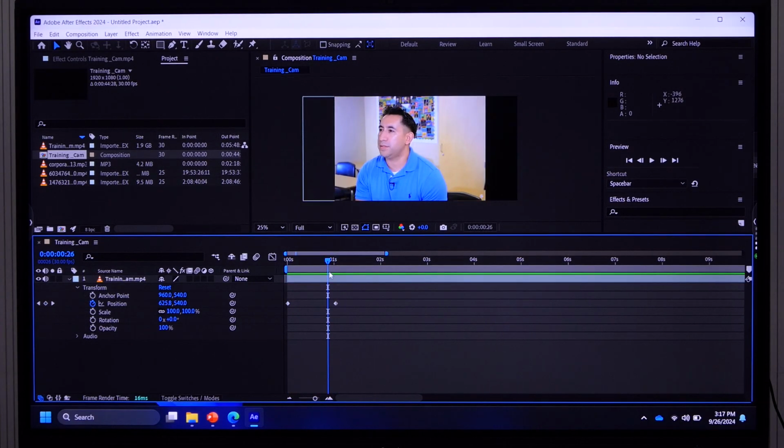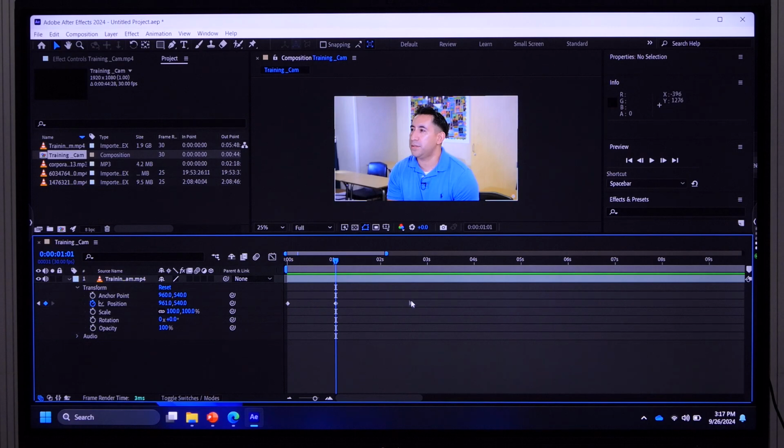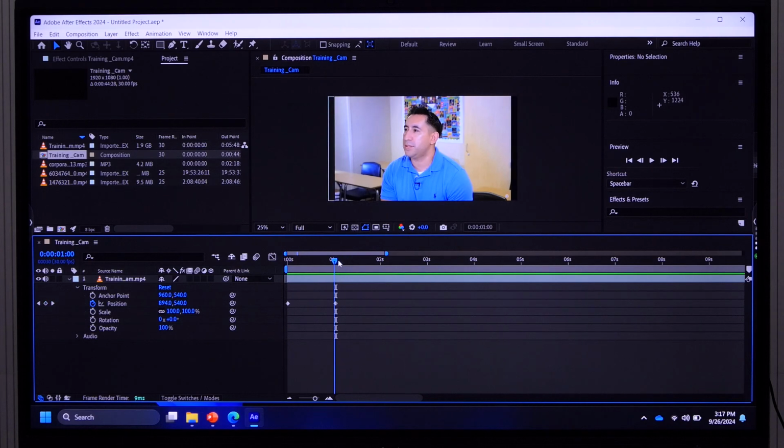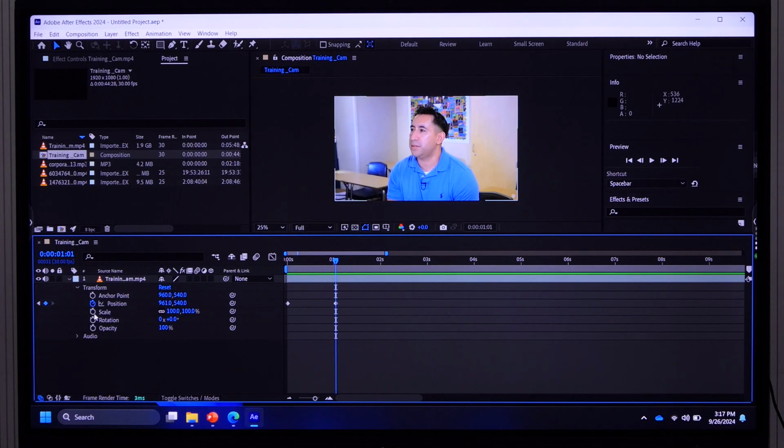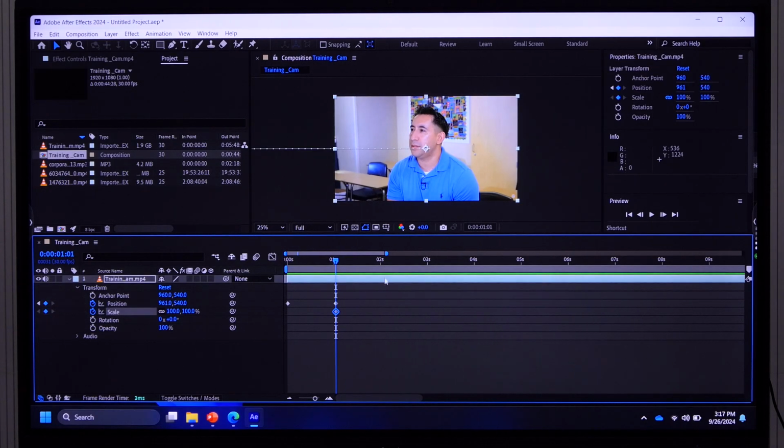So this is how you can add the small animations. Same thing you can do with the scale. Suppose after this you want to scale in, you want to enlarge this footage. So I'll keep my cursor over here and on the scale keyframe, then after 1 second my scale will be